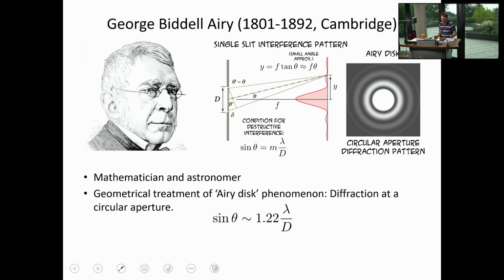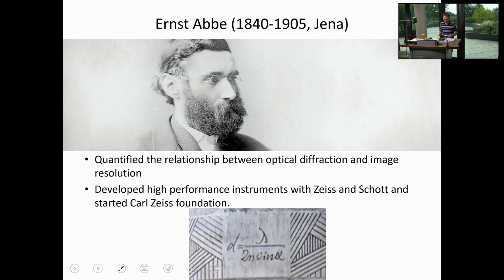I'll finish at this point with this part of the lecture, but it does turn out that for the coherent case, the smallest separation between 2 points that you can resolve is in fact really lambda over NA, or lambda over n sine alpha. And with that, you know everything about the microscope really, and we can now describe